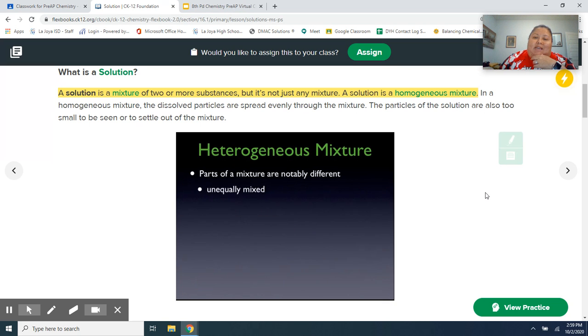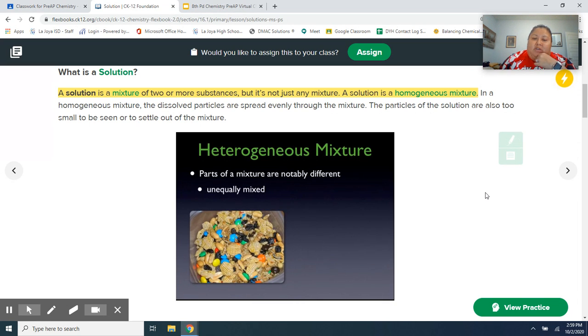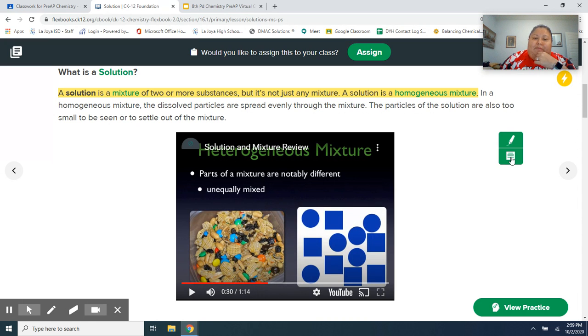After that, we have a heterogeneous mixture, and you have some really good examples here. Heterogeneous mixtures, we said, will have different parts, different phases, and those phases can usually be unequally mixed. In the example of the trail mix, you can tell that there's a bunch of raisins bunched up on that top corner while they're spread out on the bottom. They are unevenly distributed throughout the mixture.